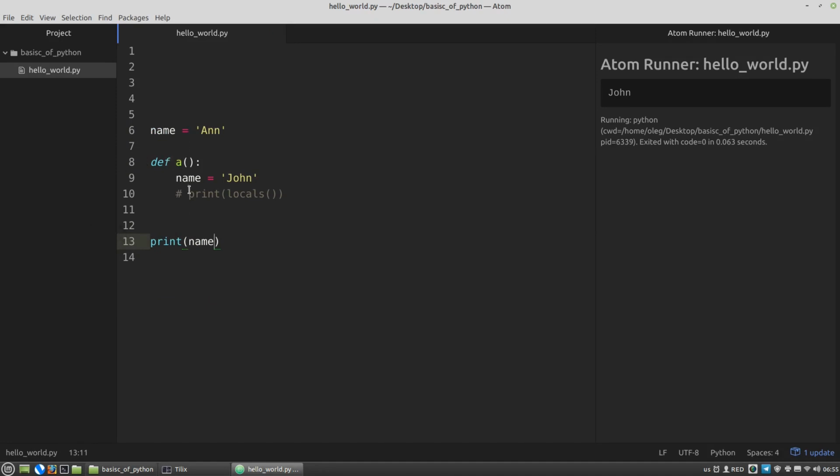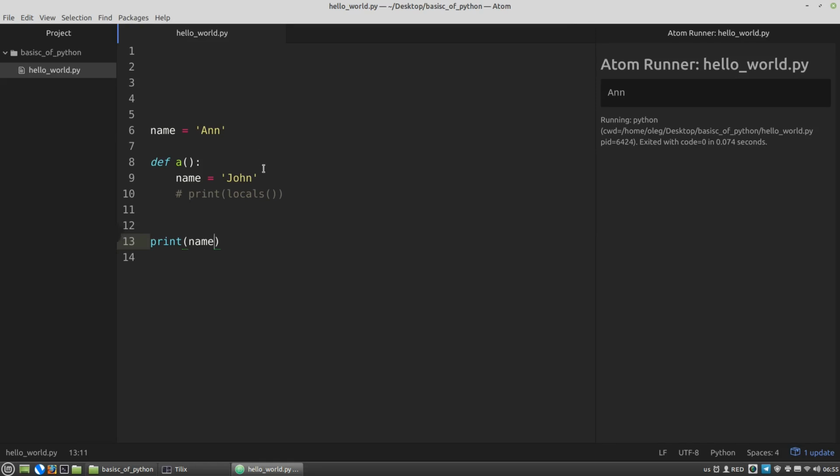Inside the function I define the name variable that has the value John, and I am printing the name variable. And again the question, what is the value of the name variable? 3, 2, 1, and the value of the name variable is n.